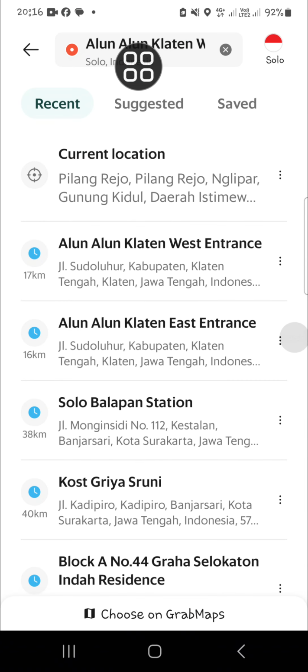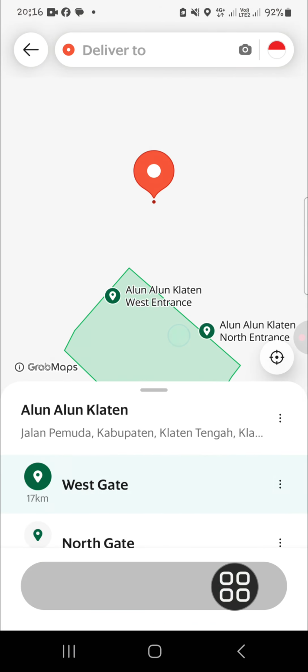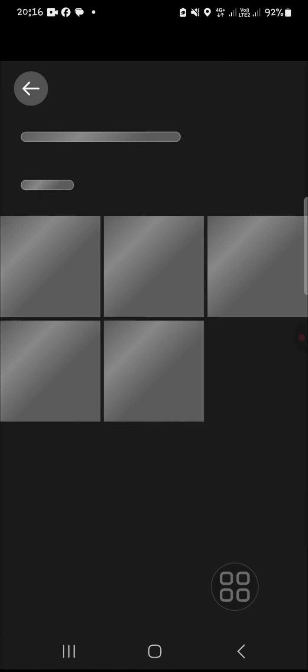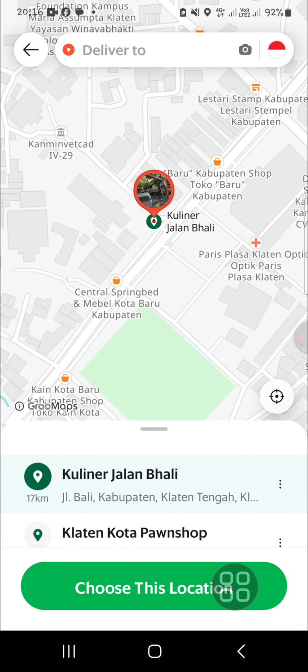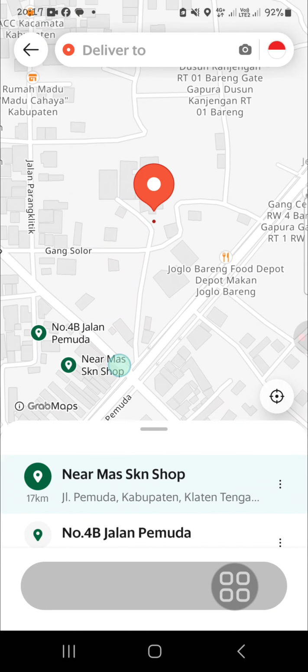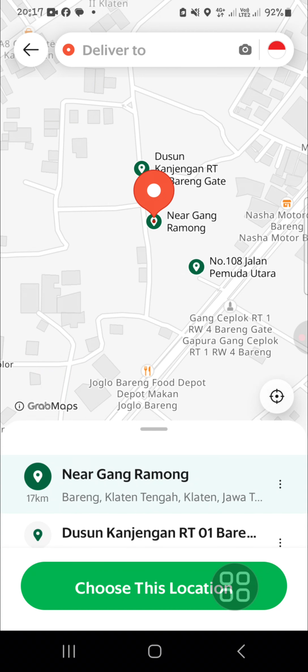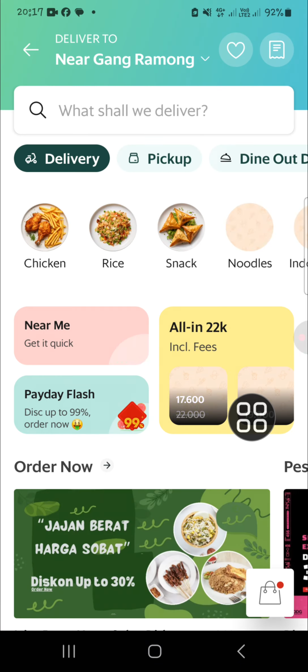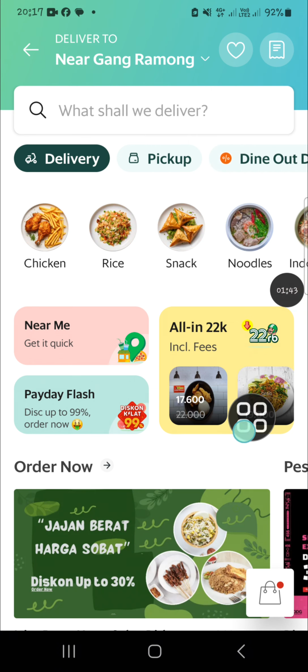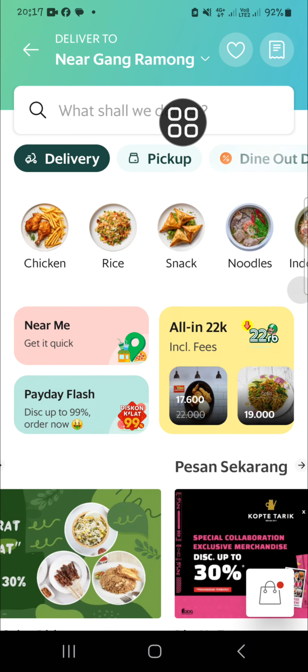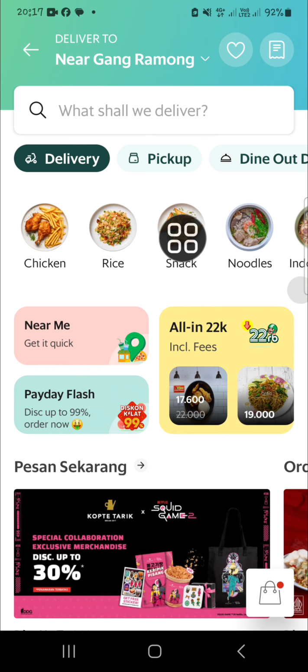And then I'm going to go back, and actually we can also choose location from map. You can click on this option if you want to open map, and then you can place this pin to the place you want to use, just like this. And then you can click on choose this location. Okay, and now the location has been changed,